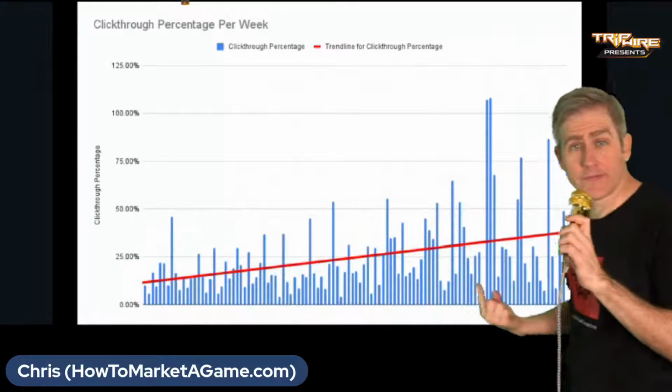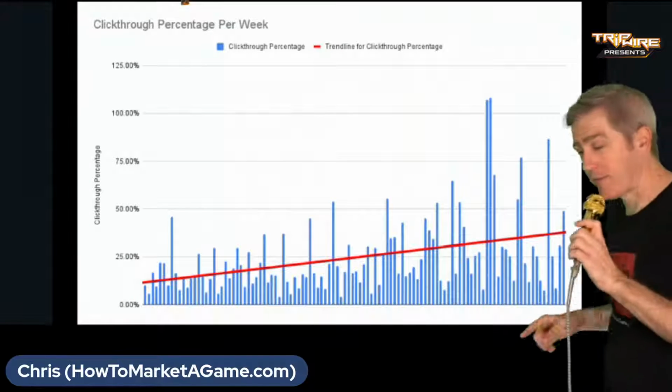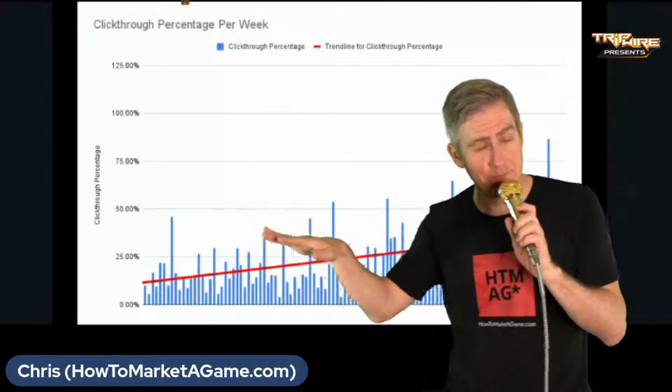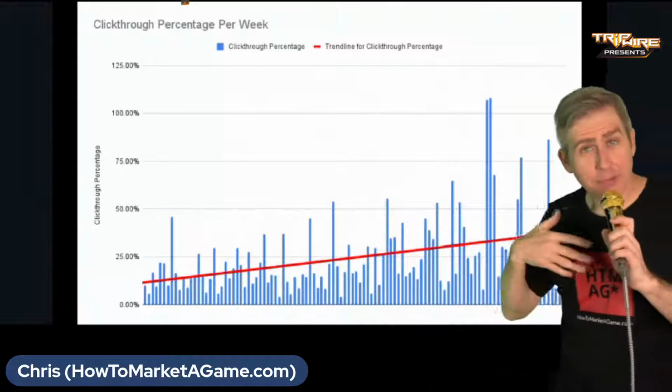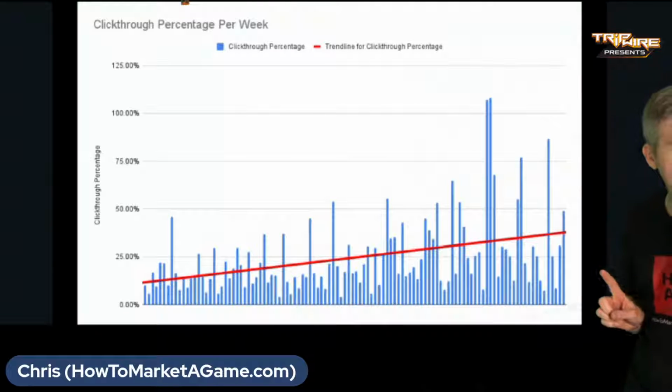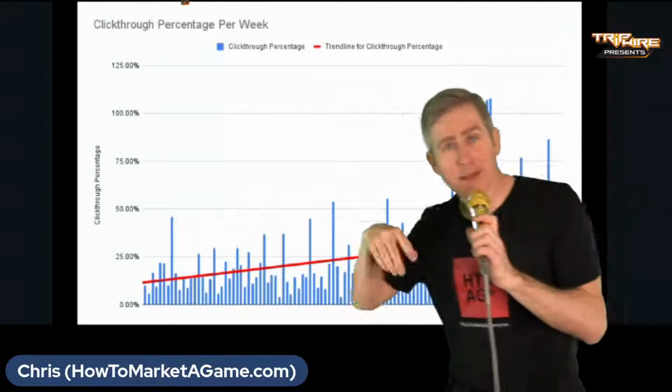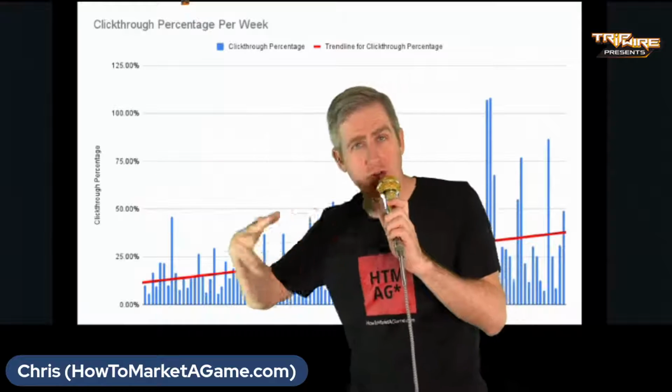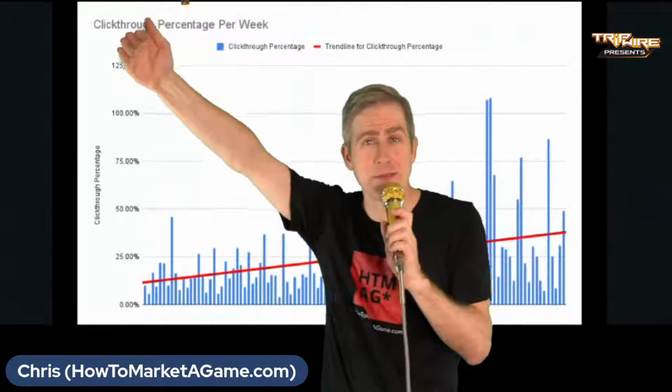The games over on this side are not getting much visibility. It's like they get, like, 1 wish list a day. Okay. Now I graph the click-through rate, and you can see the games that get fewer wish lists have a higher click-through rate. It's ironic, but it's actually inversely proportional. The more popular a game is, the lower your click-through rate.